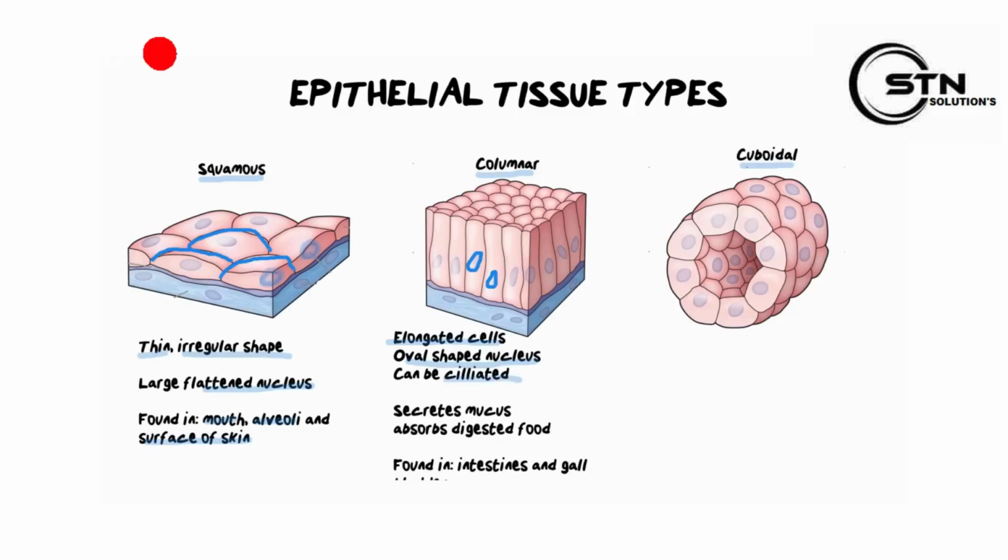Now, they can also be ciliated. This columnar in this photograph is not ciliated, but effectively, what cilia look like are these tiny hair like structures that grow off the surface of our columnar epithelium. And essentially, all you would call them is ciliated columnar epithelium. Basically, all of these little cilia increase the surface area of the columnar epithelium, making a lot more surface area, which means there's a lot more absorption, it's